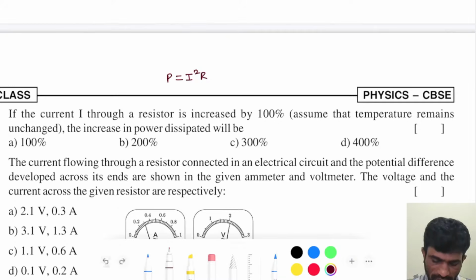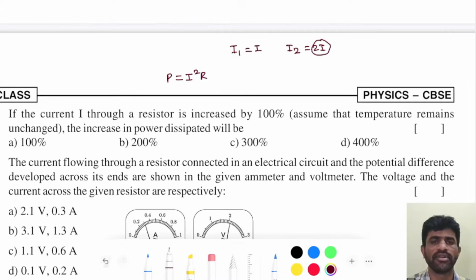If you increase the current by 100%, I2 will be 2I, doubled. 100% means it will be doubled. So now in the second case, P2 is going to be